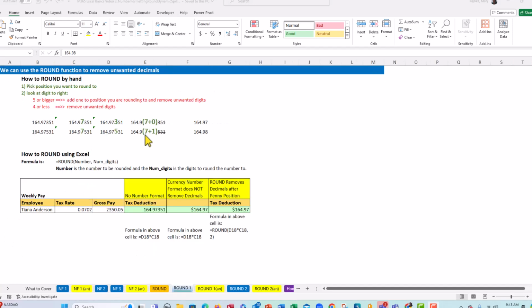Before we see several examples, let's first remind ourselves how to round. When you're rounding, you pick a position that you want to round to. As I said, we round when we're dealing with money, when we have extraneous decimals, and when we will use our formula result in a subsequent formula. So let's remind ourselves how to round by hand. And again, we also use the round function to remove the unwanted decimals. So when you're rounding by hand, let's say we have